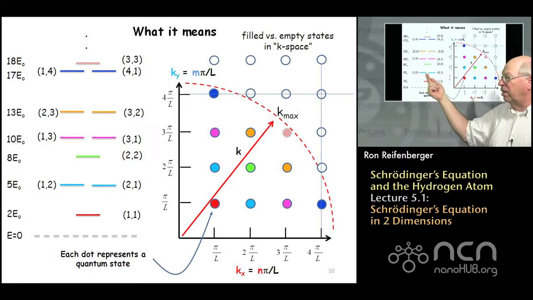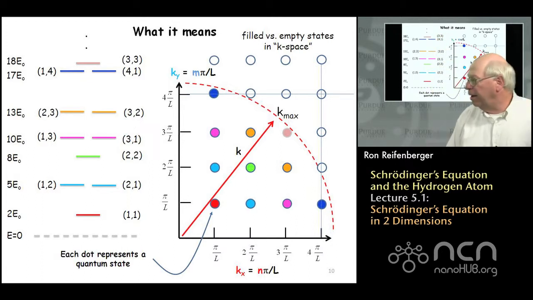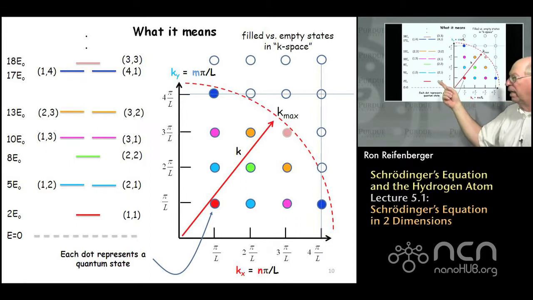You can see that some of the energy eigenvalues are doubly degenerate, right? There are exactly two energy levels at an energy of 5E0, whereas when you go to 8E0, there's only one energy level. So this is a plot of the energy level versus quantum numbers. The other way to do this is to plot the allowed energy eigenstates as a function of